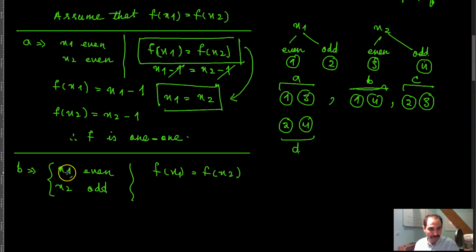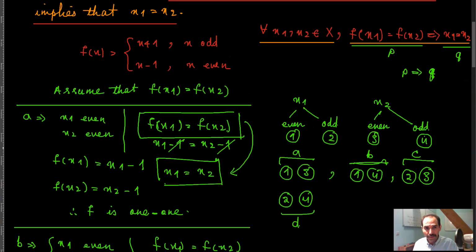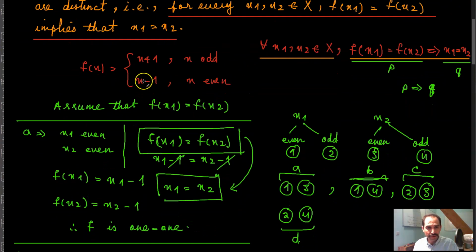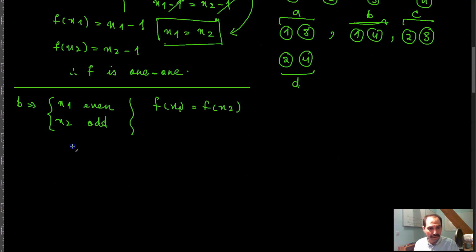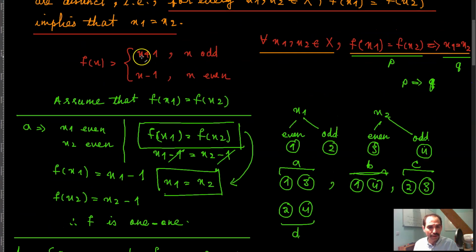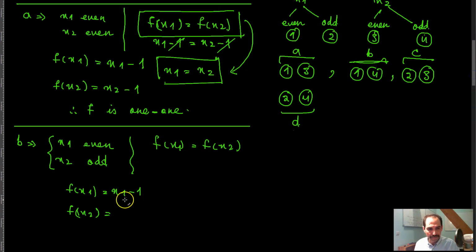So if x1 is even, then f of x1 is equal to x1 minus 1. And f of x2, with x2 being odd, is x2 plus 1. Now since I'm saying that f of x1 is equal to f of x2, that means that x1 minus 1 is equal to x2 plus 1,